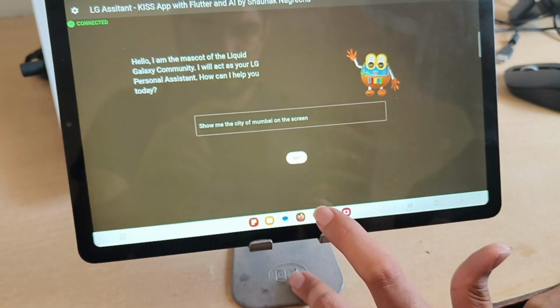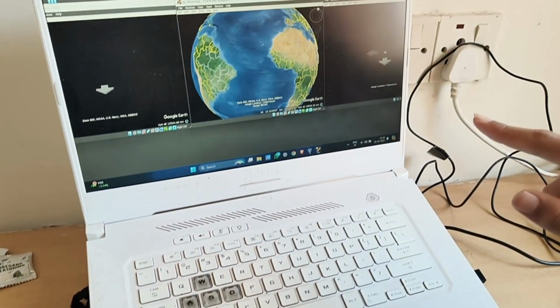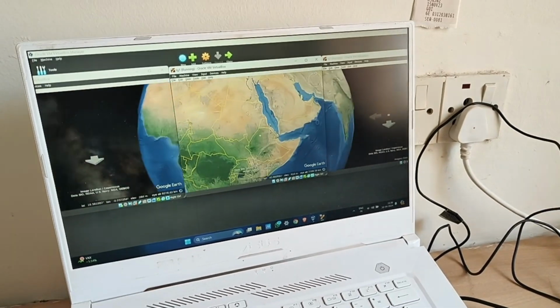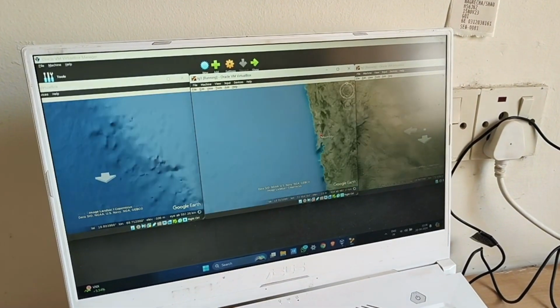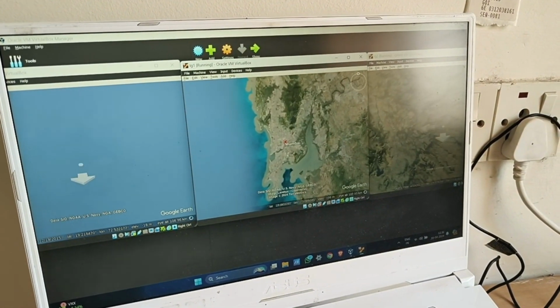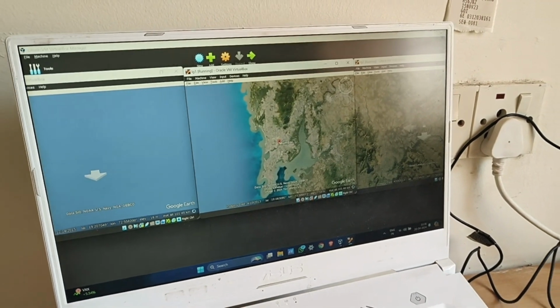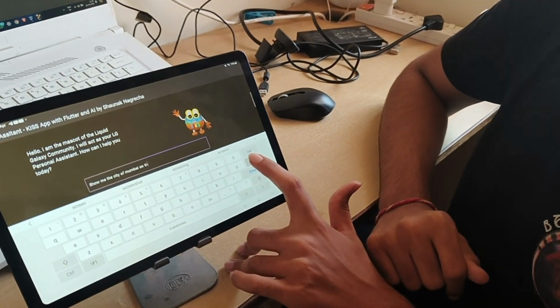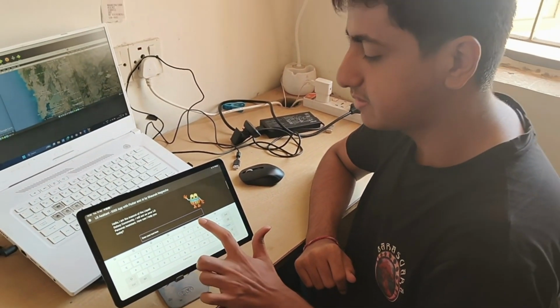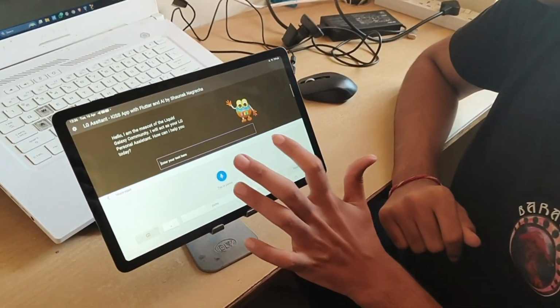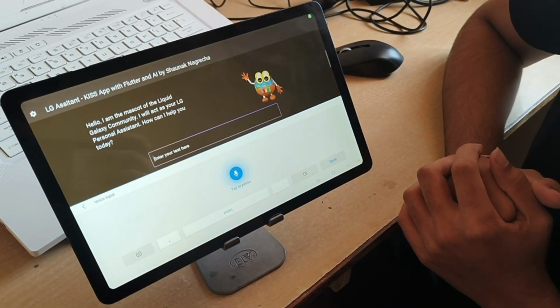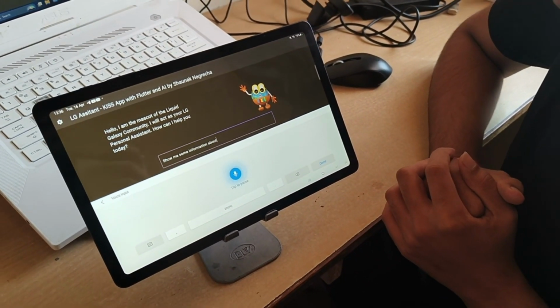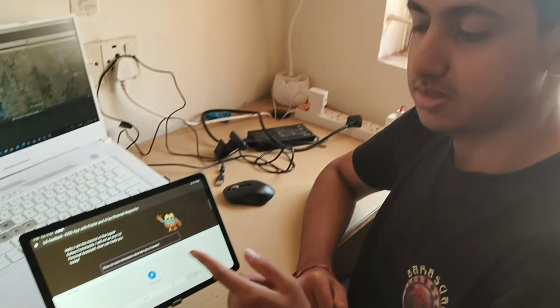This text is being sent to the model. As soon as the model parses it, it knows what to do and it will navigate to the city. Now there are quite a few interesting things you can do with this. The next thing I am going to do is tell it, show me some information about the city of Mumbai.